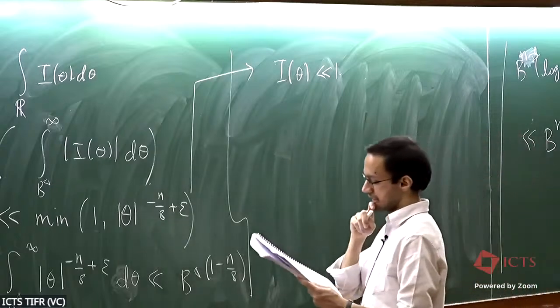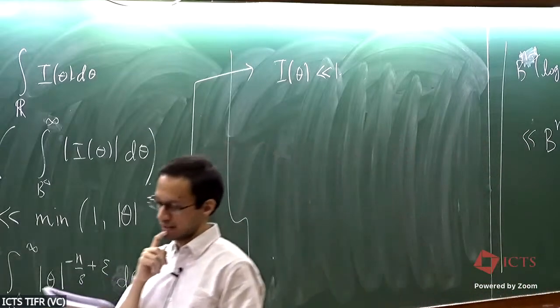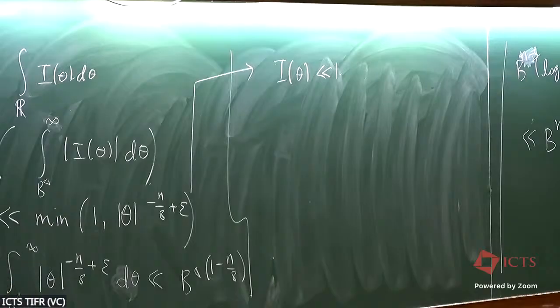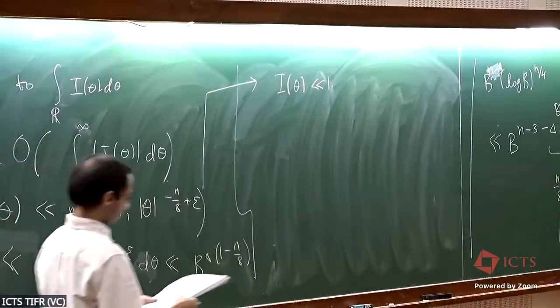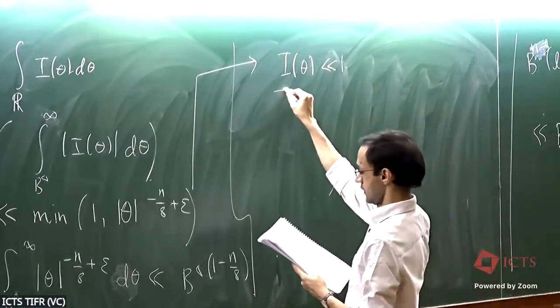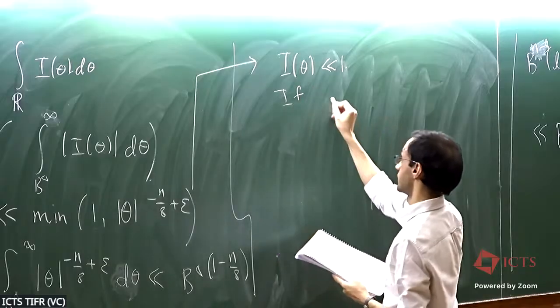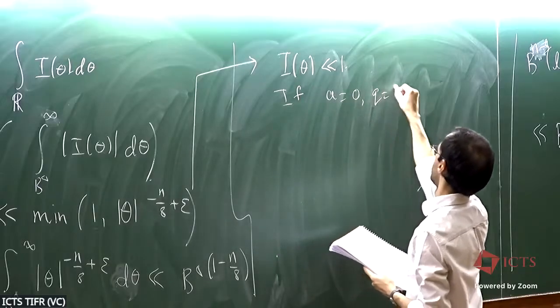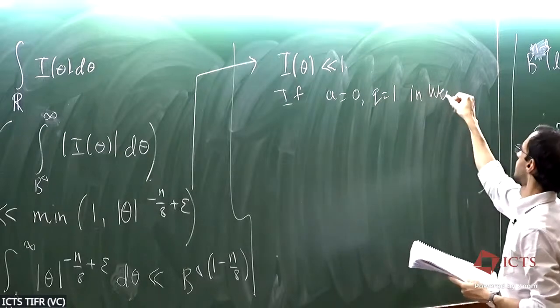On the other hand, what happens if one takes A is equal to 0 and Q is equal to 1 right here? Okay. So you get S of alpha is S of theta, and then we want to bound S of theta right here. What you end up getting is that S of alpha, if you take A equal to 0, Q equal to 1, while differencing,